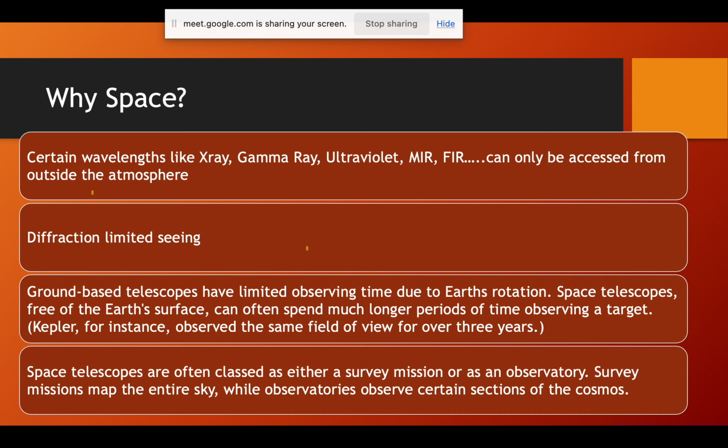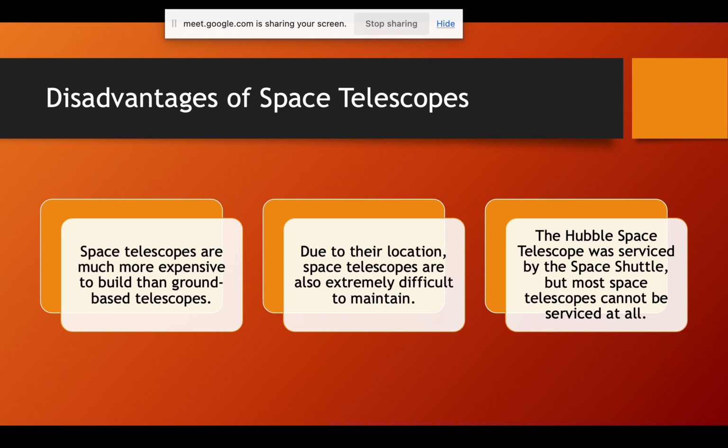So these are basically the advantages of sending out your telescope in space, right? And that's exactly why you need to send the James Webb Telescope to space, right? But there are disadvantages of sending space-based telescopes, and the basic problem is that